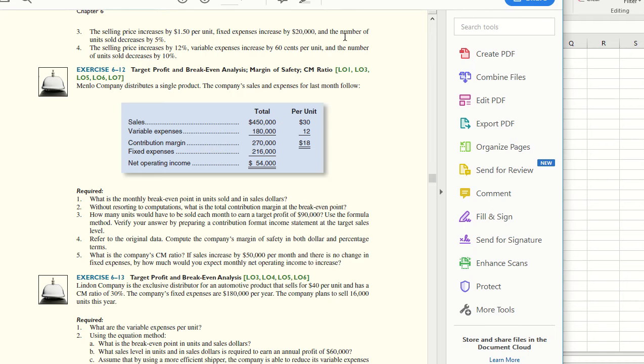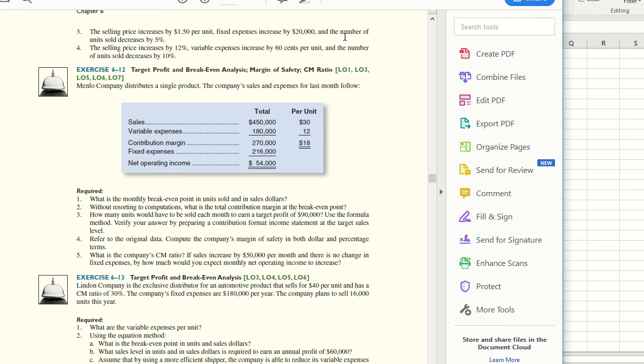Aloha class. So moving on to exercise 6-12, what is the break-even point in units sold and in sales dollars? Without resorting to computations, what is the total contribution margin at the break-even point? So automatically, number 2, I can